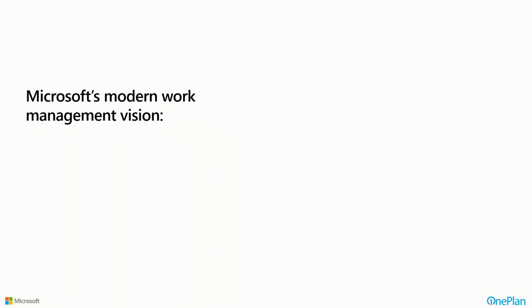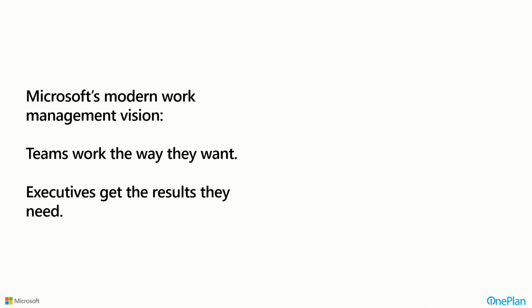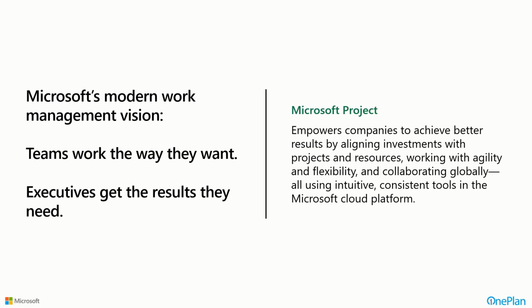Now, Microsoft's vision is why things are changing away from the traditional Project Online that they've had out there for quite some time for project and portfolio management, and even the Microsoft Project Professional on the desktop that people have used over the years. There's a modern work management vision that Microsoft has, that teams should be able to work the way that they want with the methodologies and the tools that make the most sense for them, and also to have executives get the results that they need. Meaning even though teams are doing things in a variety of ways, potentially with different methodologies based on different types of work, executives still need to have the visibility for decision making that they need. Now, Microsoft Project empowers companies to achieve better results, by building projects and resources